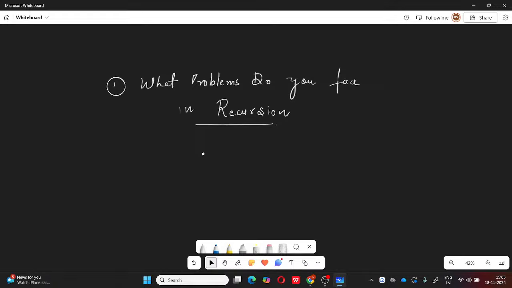And later on, as you know, this is going to become a backbone for your further concepts as well. So it is going to be one of the most important sessions. But before that, I genuinely want to know what the current problems are that we are facing in these two topics, recursion and backtracking. If you haven't started yet, that is also fine. You just have to tell me your current status right now so that we can proceed further.